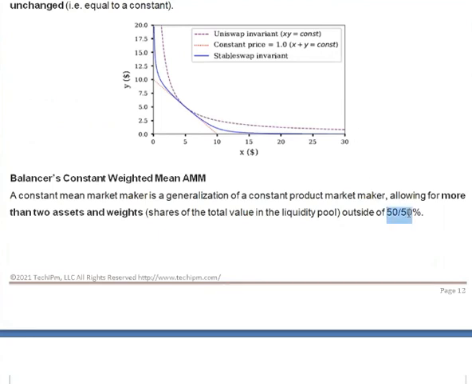But using their balancer constant weighted mean AMM, you can change this ratio to whatever you want, and you can increase your number of tokens. Up to now there is 8, but this is a design parameter that you can choose